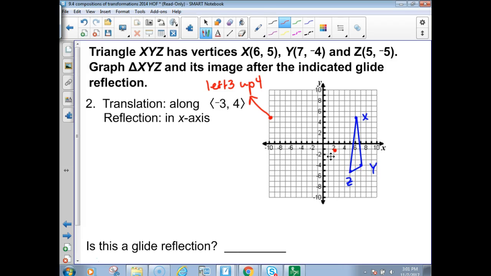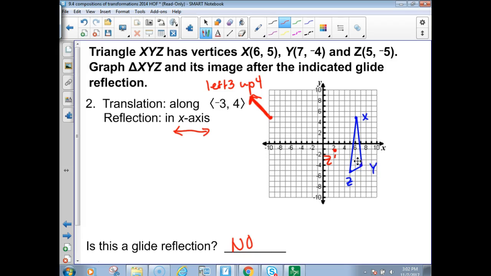See how I could just pick, if I connected from Z to Z prime, I would have an arrow that kind of goes like that. Okay. All right, so that's the direction of the vector. The x-axis goes this way. So is that going to be a glide reflection? These don't match. So that would be a no. We already know before we even start that it's not going to be a glide reflection. All right, so let's continue